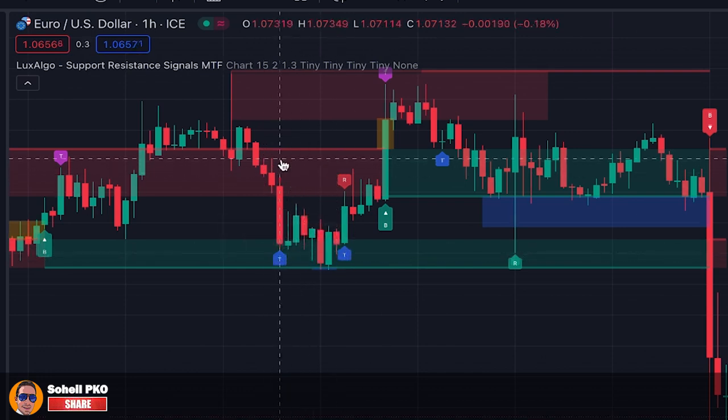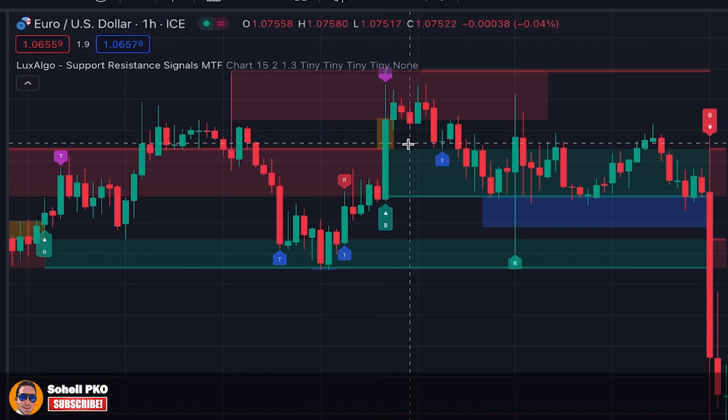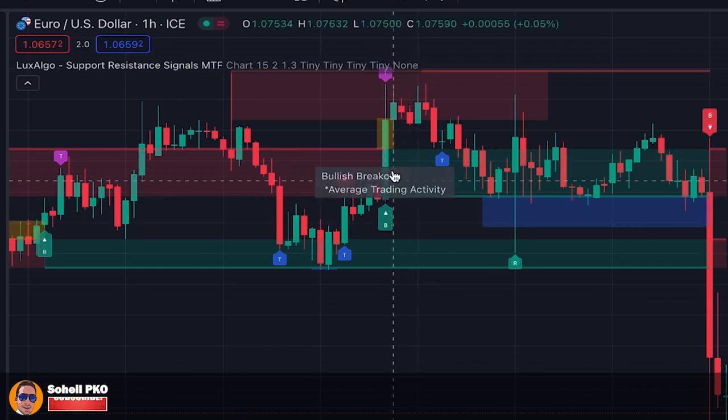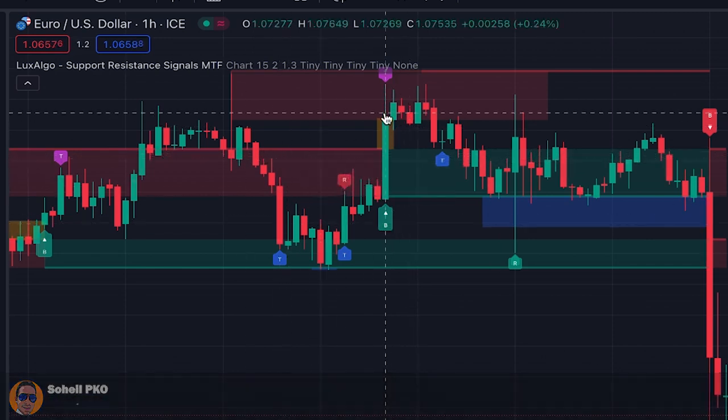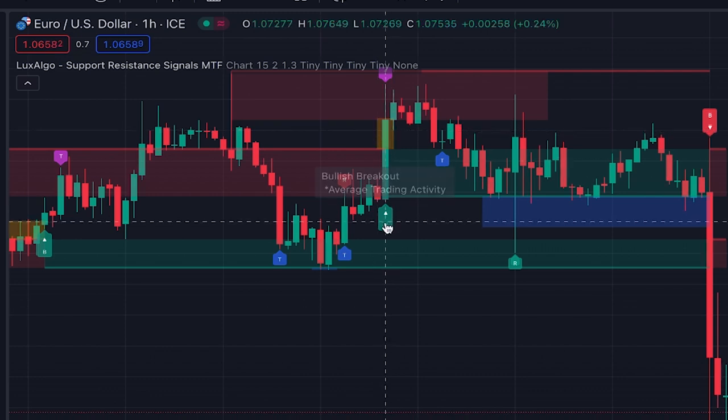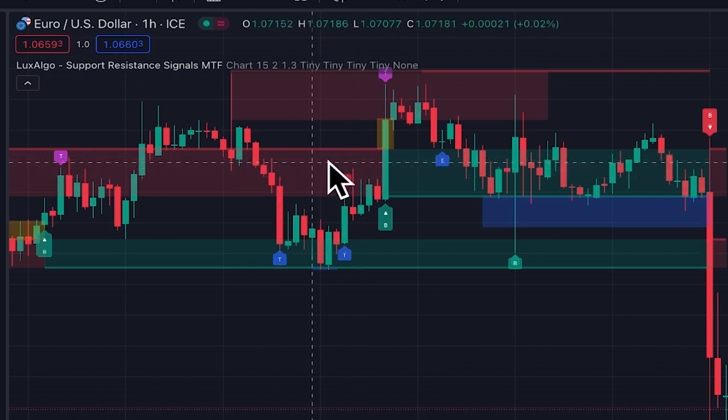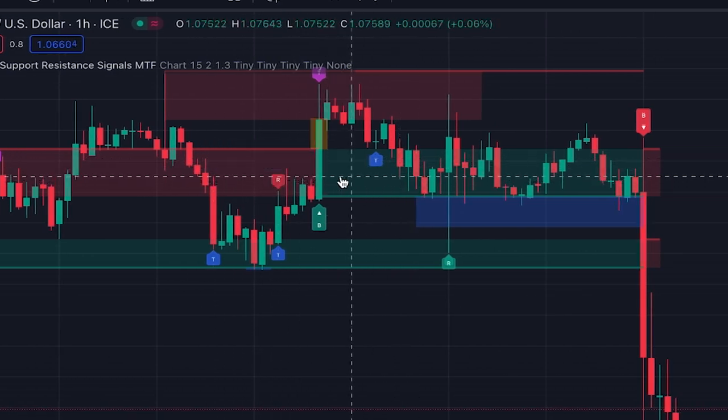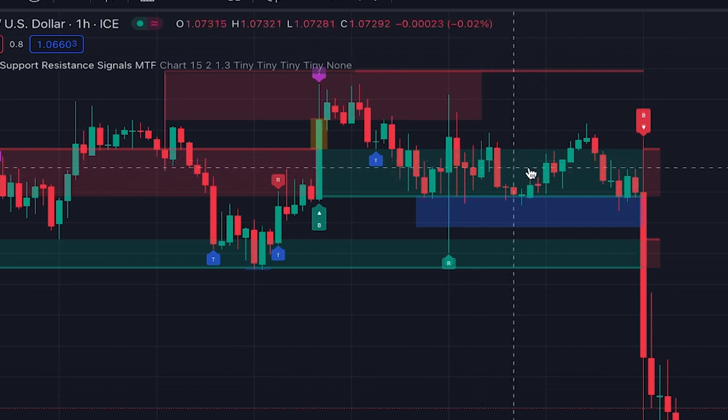When a support or resistance zone is broken, we get label B. For example, here this resistance zone is broken by the help of this candle, and the label here says bullish breakout with average trading activity. And as you know, when a support or resistance zone is broken, it changes role. For example, here this broken resistance level became support zone from here,